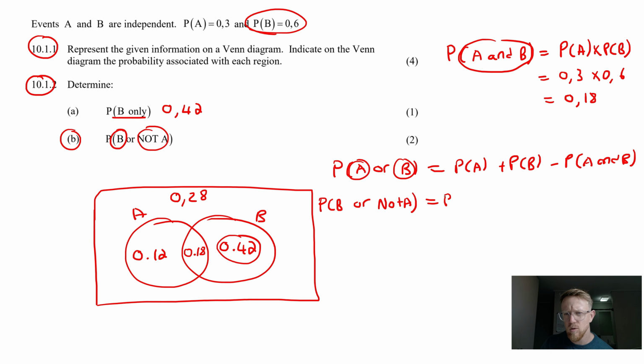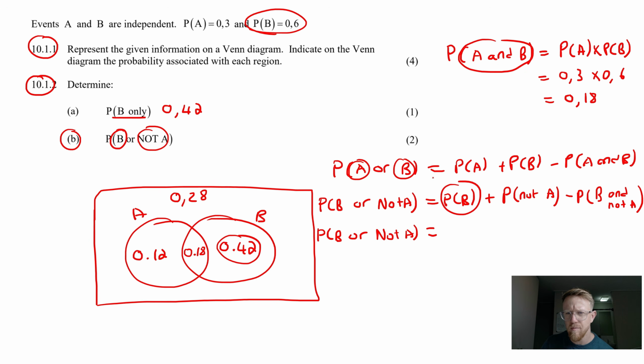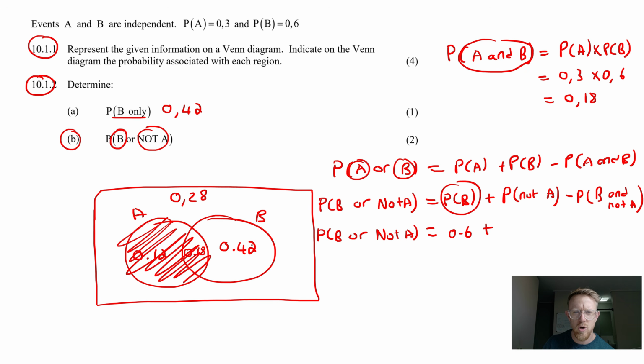okay, is then going to be equal to the probability of B plus the probability of not A. So now I'm just copying the way that this formula works, but I'm using these now, okay? Minus the probability of B and not A. Okay, so now let's go see how much of this we can fill in. So probability of B, we already have that as 0.6, plus the probability of not A. So what is the probability of not A? So here's A, so let's block it out. So not A would be that and that, so that would be 0.7